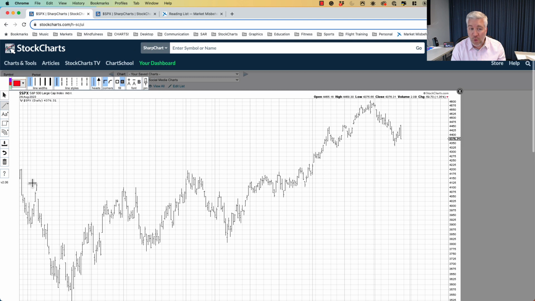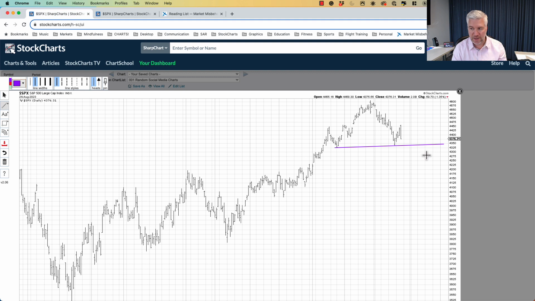So number one to remember with this sort of thing is you really have to be patient with patterns like this. And what I mean by being patient is you have to define the neckline. First identify the head, the left shoulder, and the right shoulder. For now, we're assuming this is the beginning of a right shoulder. You can see you have two little left shoulders here, so maybe we have a similar echo over here, and we have two little right shoulders.